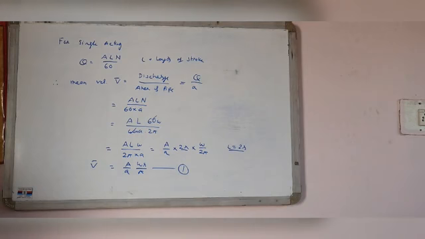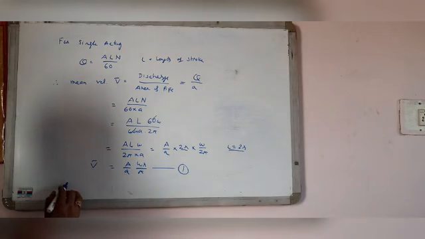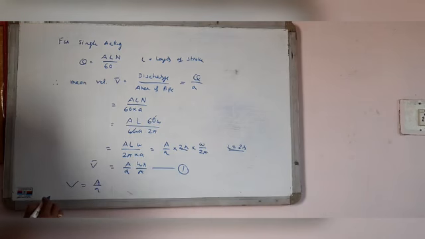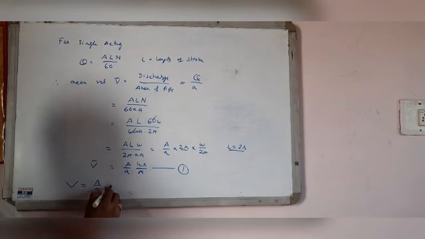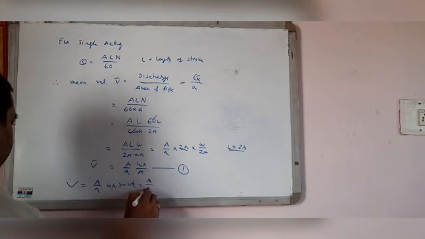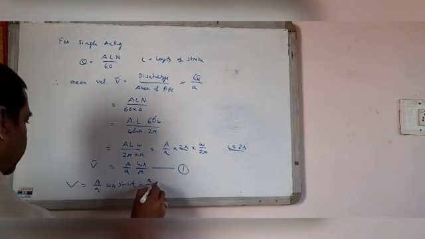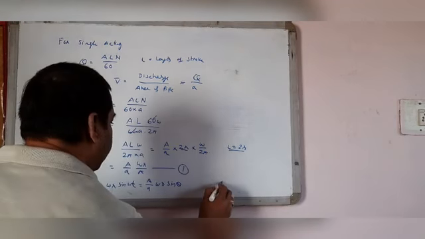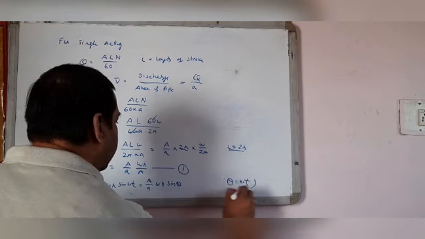The velocity of water in suction and delivery pipe for the length LS dash and LD dash due to acceleration and retardation of piston is given by the equation v equal to A by A omega R sin omega t, equal to A by A omega R sin theta, because theta equal to omega t.